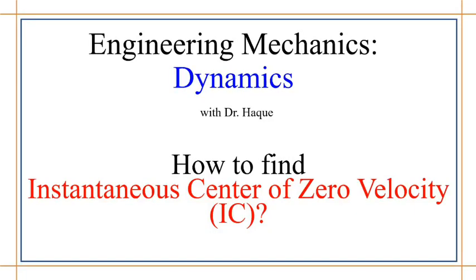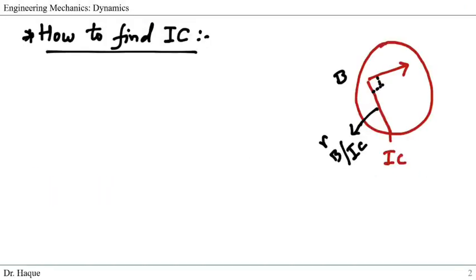So how do you find the instantaneous center of zero velocity? We're going to talk about three scenarios to find IC. To find the location of IC, we need to use the definition that says the velocity of any point, for example,